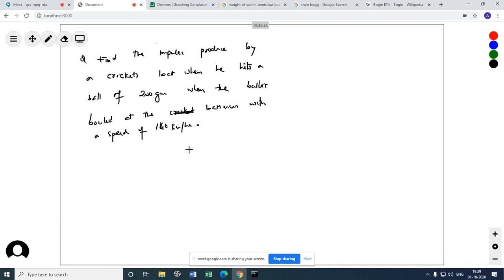This is the first question: find the impulse. Second part of the question: if the ball goes along a direction of 30 degrees to the horizontal,